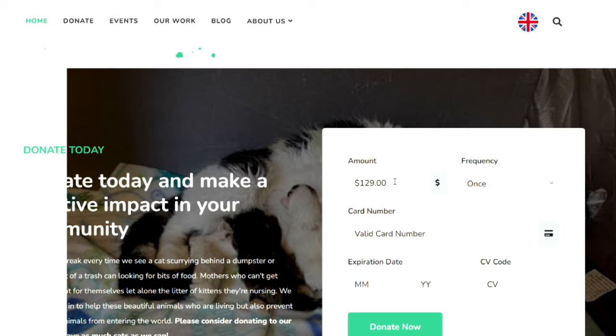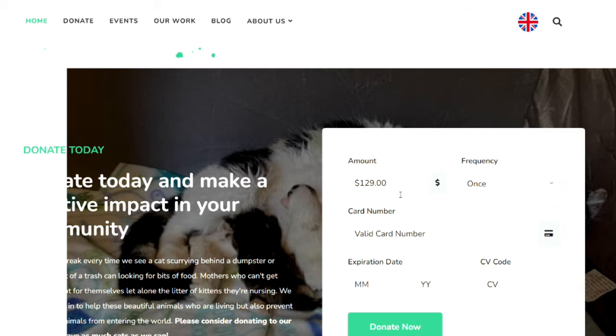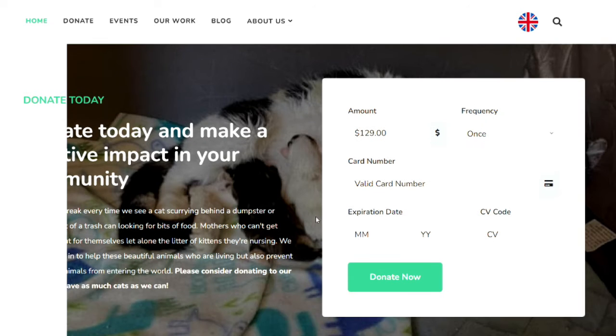where they can put in an amount they want to donate. They can also choose a frequency here, so it could be weekly, monthly, every 2 weeks. And they put in their payment information and donate. This is kind of like a subscription thing, so you can also make it of value for them. They can get a discount, maybe coupon codes, or a special t-shirt, or it just depends. So you can push people towards subscribing,